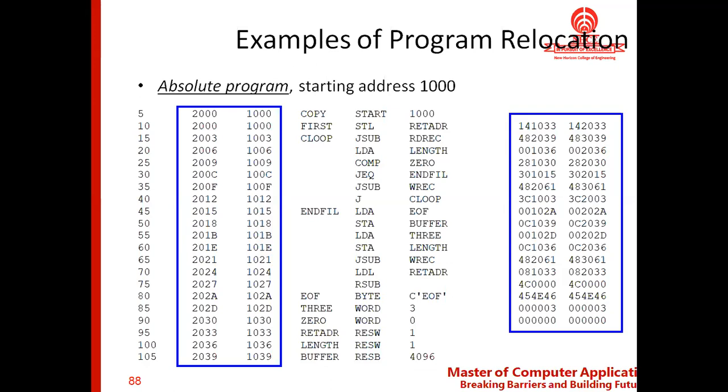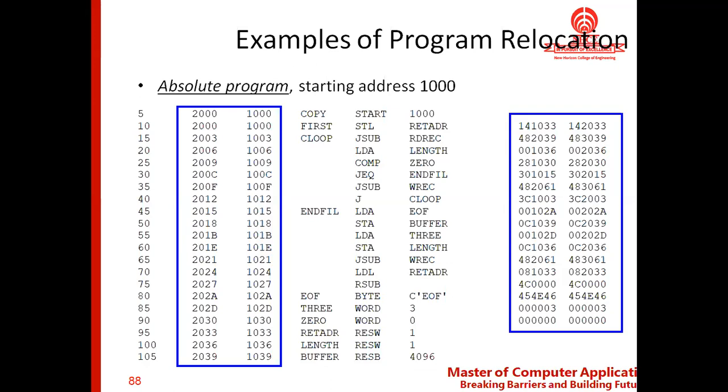Similar things happen elsewhere. If you look at the object code in both cases, in many places there is a change, because once the starting address is changed, all the instructions continuously get changed, because of which whatever symbols we refer to from those instructions, their addresses also change.